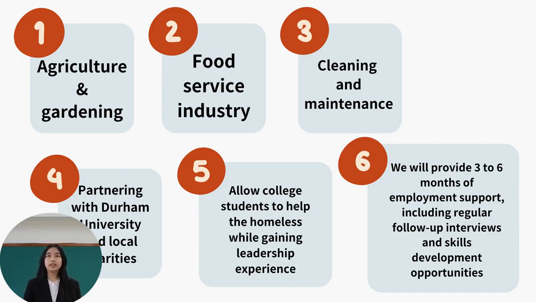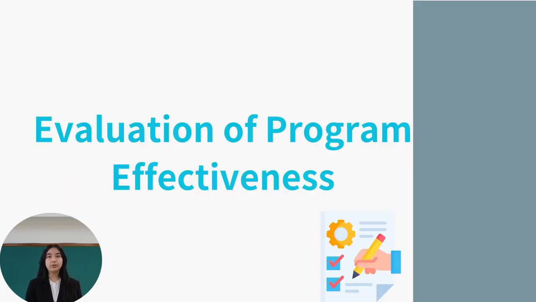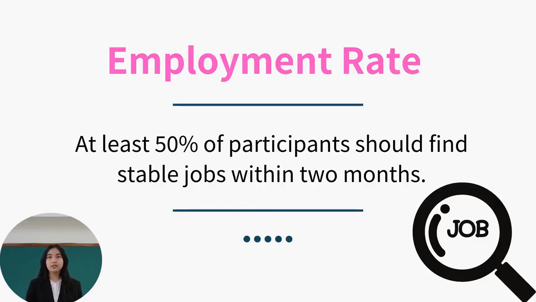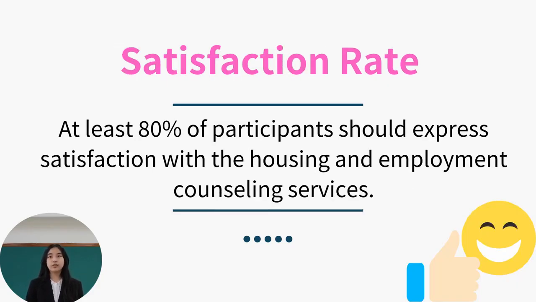Our evaluation standards are as follows. First, the person must be between 22 to 35 years old, as this age group is most likely to find work and has the required energy. Second, they must not be receiving support from other organizations. Third, they must have no criminal record, such as gambling or drug abuse. We will check through the certificate of good conduct. Finally, we will regularly inspect the properties to ensure they are safe and well maintained.